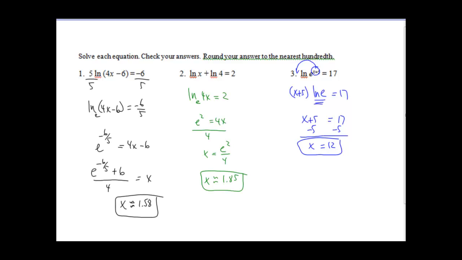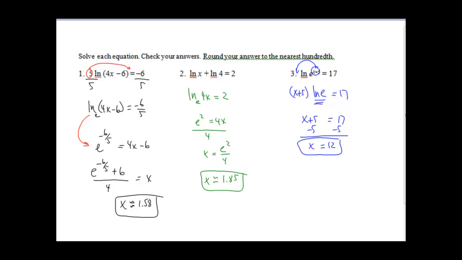Welcome back. You should have gotten x is approximately 1.58 and x is approximately 1.85. I know some of you would think to move this 5 to this exponent here, but now you have 4x minus 6 to the 5th power. That's fine. Probably easier just to divide by 5, which is what I did. Remember, you have 1 log, or in this case, 1 natural log. Rewrite it exponential. So I went from here to here. Add the 6 over, divide by 4,